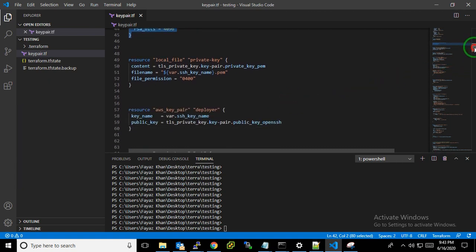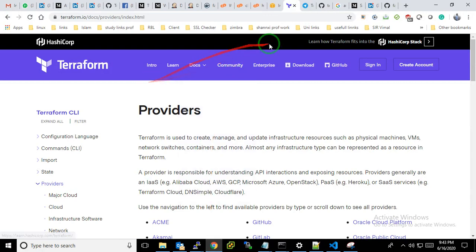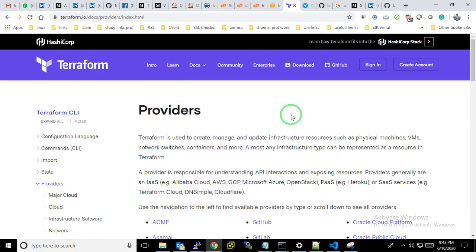This is from the local, and the file will be downloaded with the permission set, and then it creates the AWS key pair. These are all the syntax, keywords from Terraform.